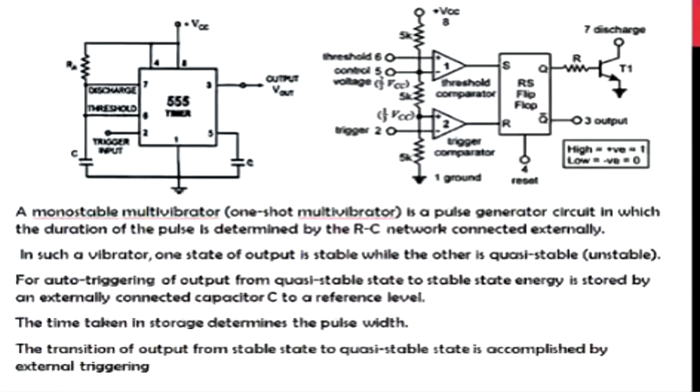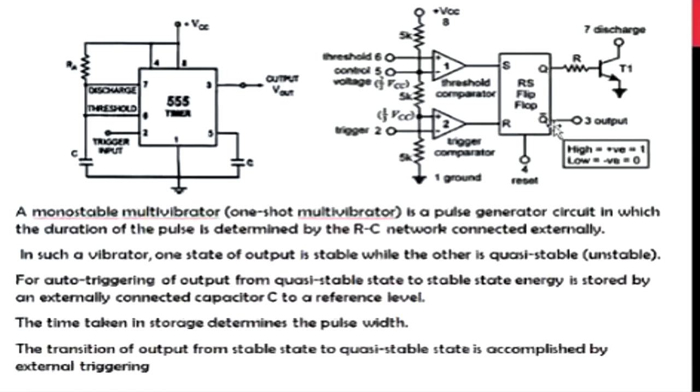So for this comparator 2 to be active, we have to give a negative pulse here, and its magnitude has to be less than 1 by 3 VCC. So that time this comparator is on. So the second comparator is on. That means the system goes to reset state. So R is equal to 1. So reset state means Q is going to be 0 and Q bar is going to be 1. So now the output is going to one state.